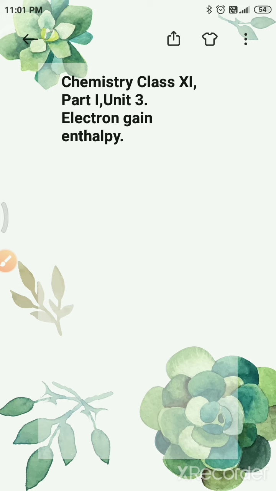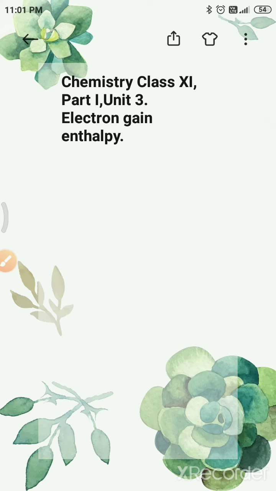As a general rule, electron gain enthalpy becomes more negative with increase in the atomic number across a period. The effective nuclear charge increases from left to right across the period, and consequently it will be easier to add an electron to a smaller atom, since the added electron on average would be closer to the positively charged nucleus.